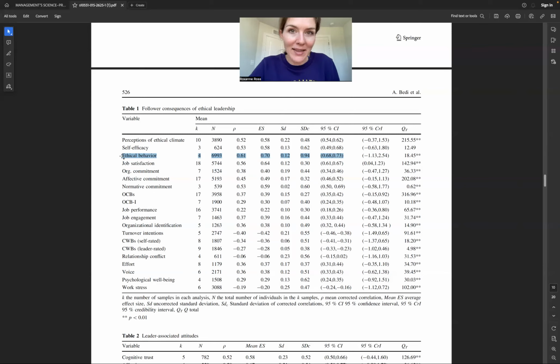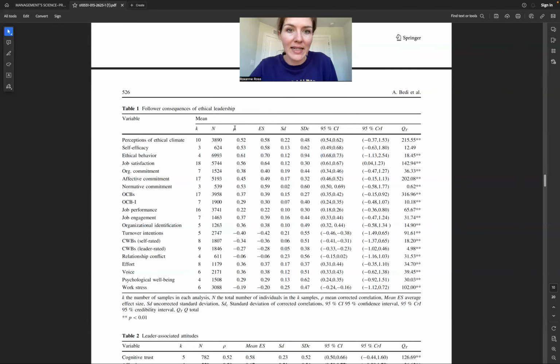It's a little surprising that the relationship here between ethical behavior and ethical leadership only involved 4 studies, because this is a relationship that is frequently discussed, but apparently there aren't that many studies that looked at it. Although there are not that many studies, we see that the sample size is quite large. Even though the number of studies was small, we still have a pretty big sample size, 7,000 people in the aggregate across all 4 studies. And that's a nice large sample size, so we can feel relatively confident about this effect size.